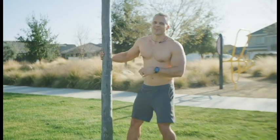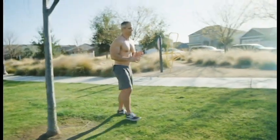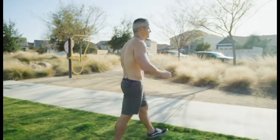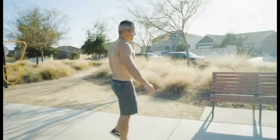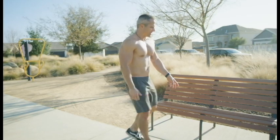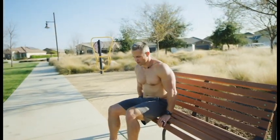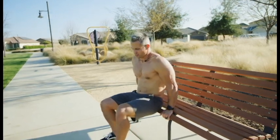10. All right, now we're gonna add in hip thrusts. Some people call them glute thrusts. All you're gonna need is an elevated surface, something like a chair. Here I'm using a park bench. Now what you're going to do, you're gonna sit down and you're just gonna slide down